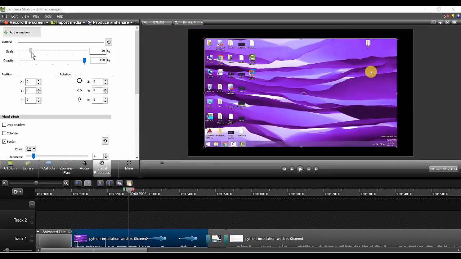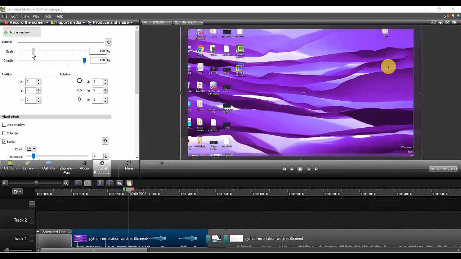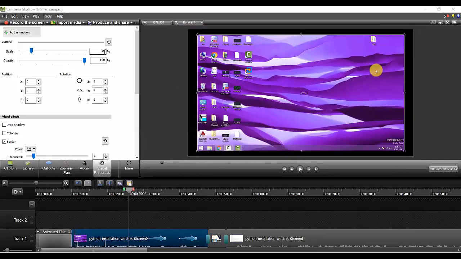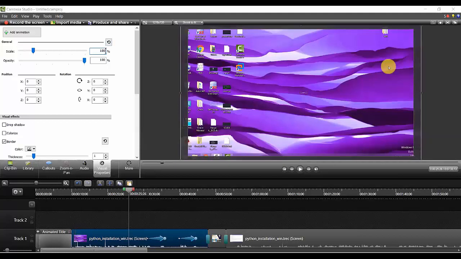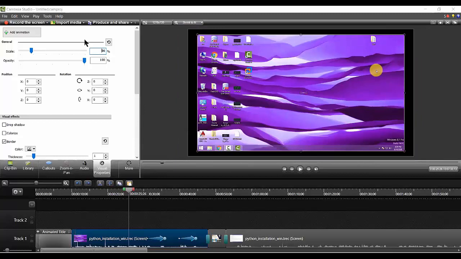Okay, this is not zooming, this is scaling up. Okay, I think this was 100 or not 100, 90 or what. Okay, we can use Control Z better.